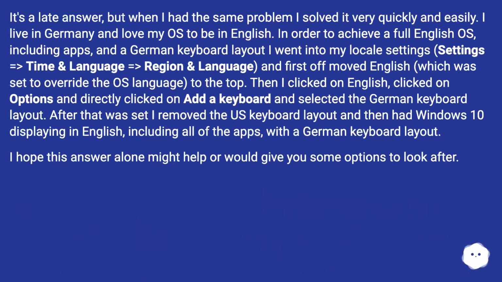It's a late answer, but when I had the same problem I solved it very quickly and easily. I live in Germany and love my OS to be in English. In order to achieve a full English OS, including apps, and a German keyboard layout, I went into my local settings, Time and Language, Region and Language, and first off moved English, which was set to override the OS language,